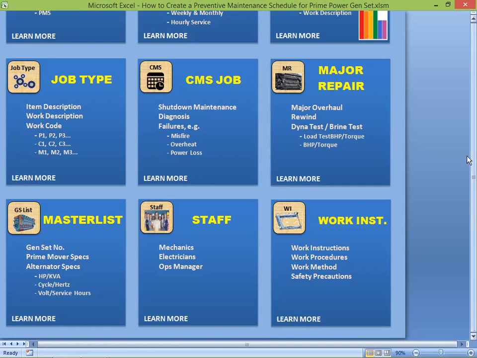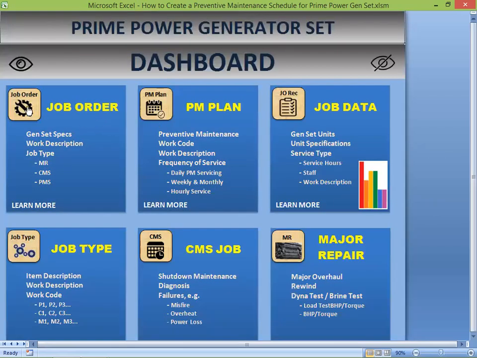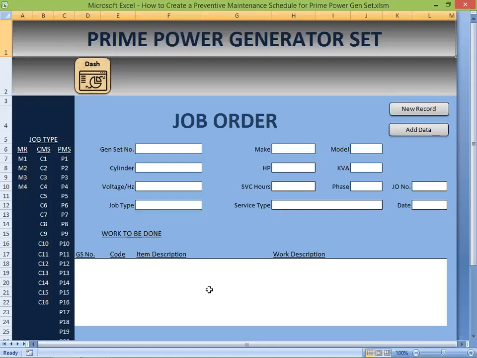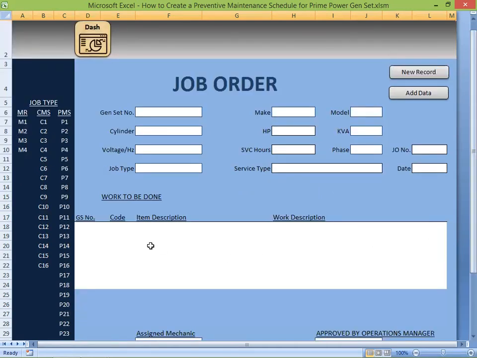Okay, let me start by looking at the job order here. This is the job order that I have created for you guys. The content of the job order is the specifications of the unit, the generator set, the job type, and the service type. You also have the job number and the date of performance of the job. Then the item that's going to be